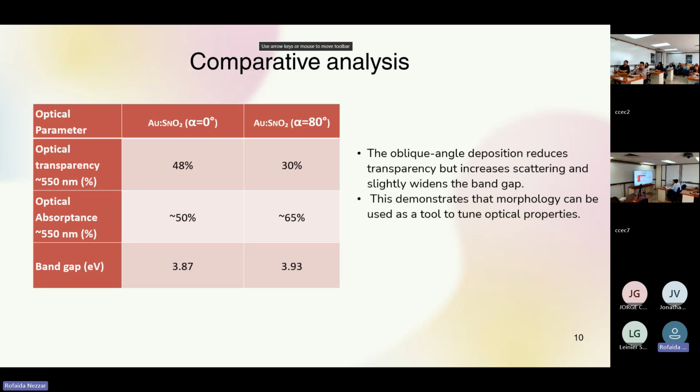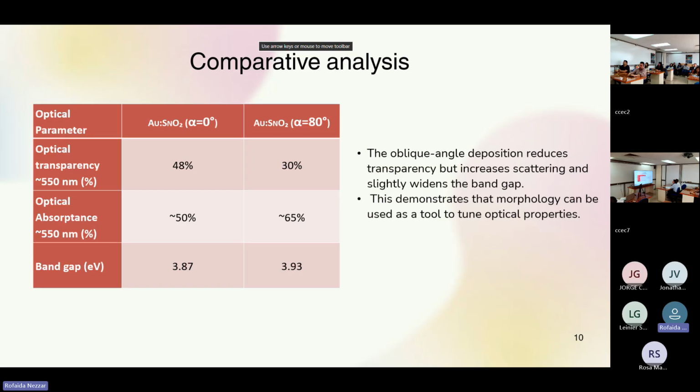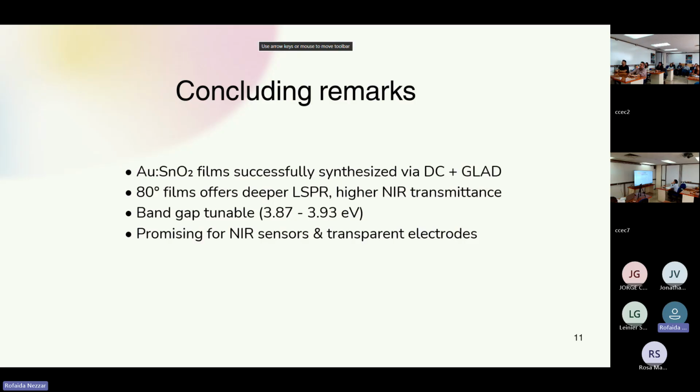To summarize and compare, the oblique film exhibits a very strong absorption, stronger than the normal film, and a slightly higher band gap, a result of enhanced plasmonic effects. The correlation between X-ray diffraction and optical results confirms that microstructural evolution with angle strongly impacts our optical performance. So we can say that by varying the deposition geometry, we can tune both the transparency and absorption. And to conclude, the deposition angle definitely influences the structural and optical